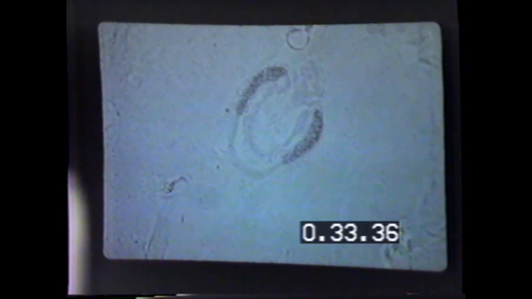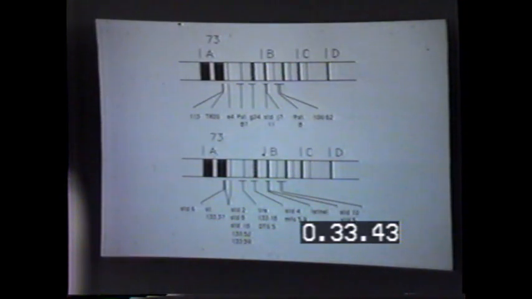So it seems that this hierarchy is, in general at least, expressed in all different cell types. Having done that with doublesex, and the work there is obviously still ongoing, we set out to look at the other genes, transformer and transformer-2, that we think control it at a molecular level. John Belote and Mike McKeown in the lab, together with Mike Hoffman, who's here, carried out a saturation of the region around the transformer in terms of finding a variety of breakpoints and defining a set of complementation groups